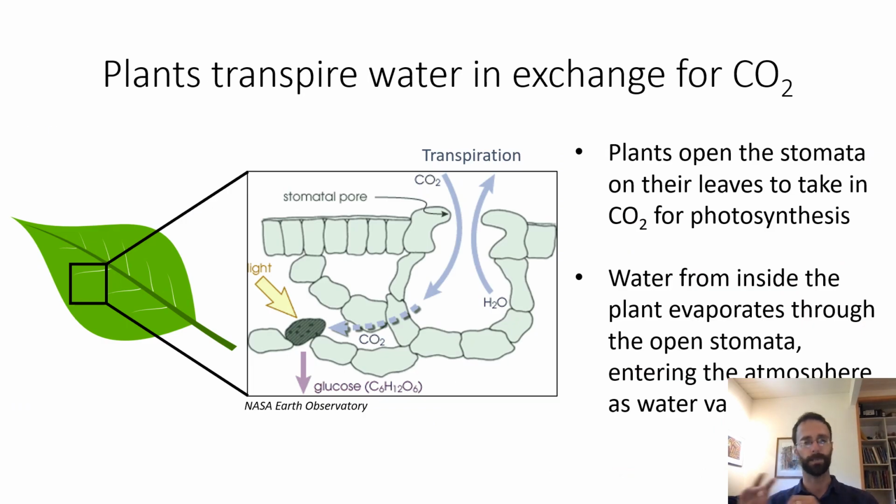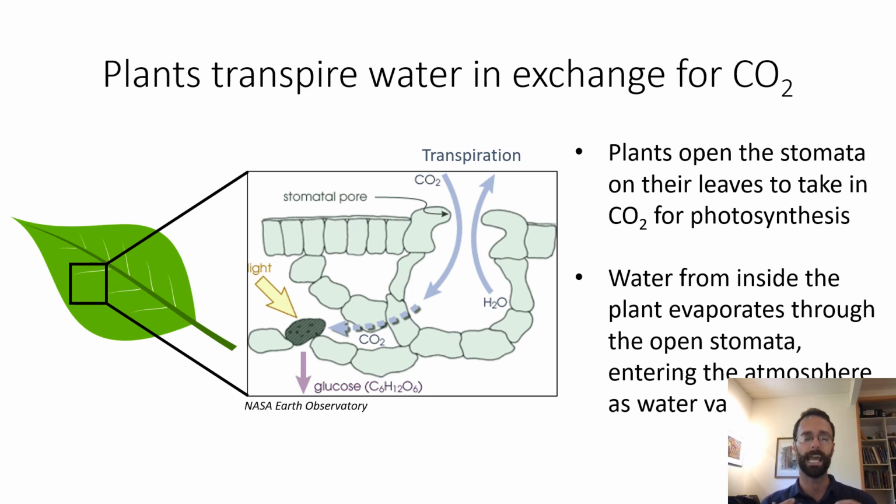So as I mentioned earlier quickly, plants transpire for a few reasons. One reason is that nutrients from the soil are brought into the plant when the roots take in water. And then those nutrients are shuttled to the plant as the water moves from the roots up through the stem and into the leaves. So that's a really important service that the movement of water through a plant provides. But another reason that plants